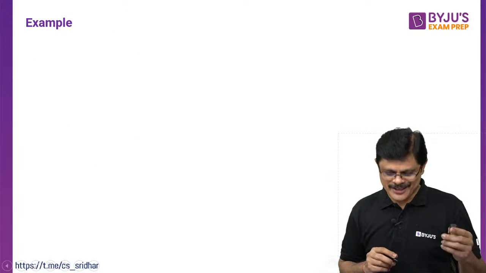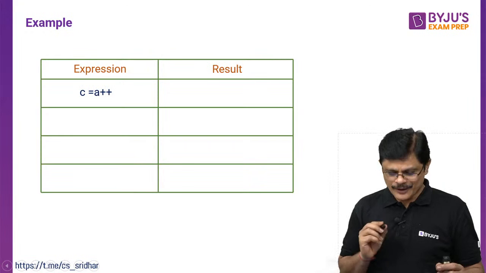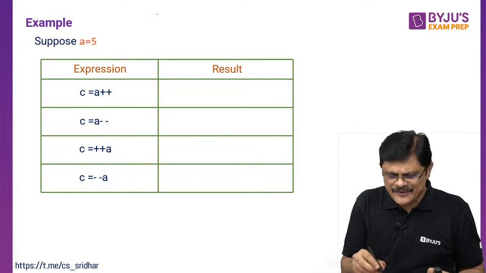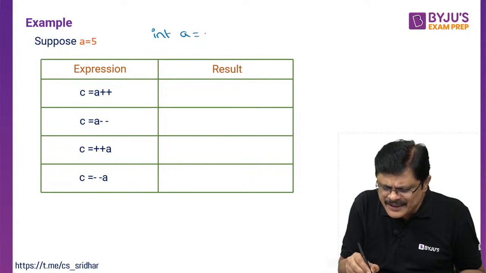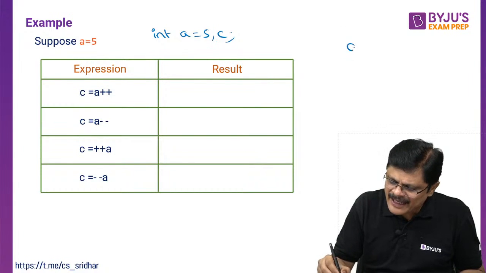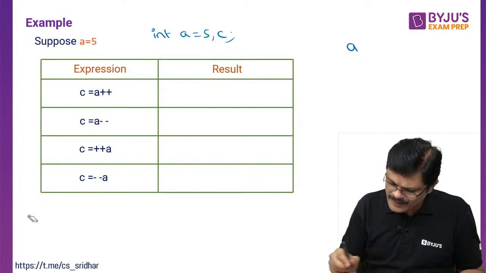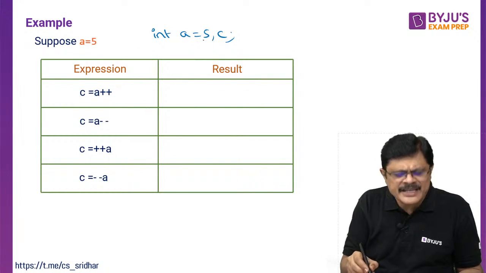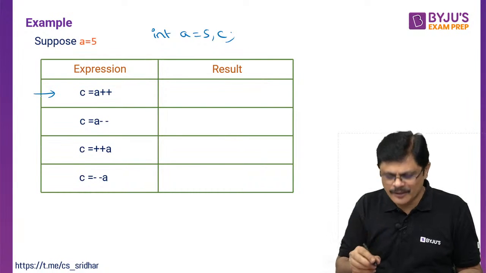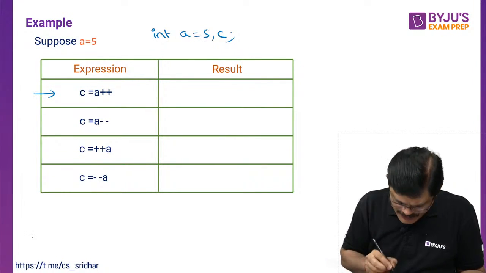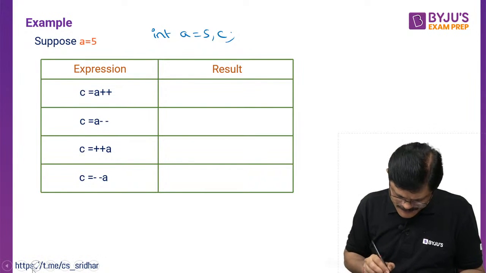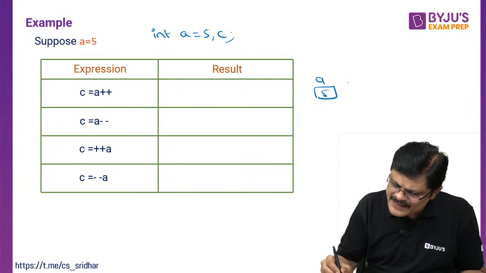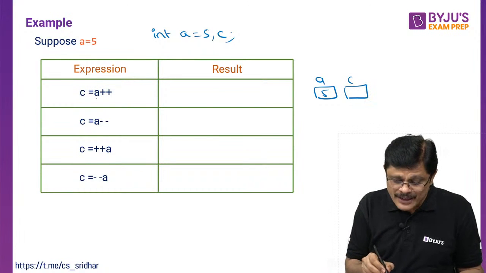Now let us take one more interesting problem. Now look here. Suppose A is 5, sir. Like here I am taking int A is equal to 5 and C. See, we can do all these expressions together or keep same values for each example. We do that. Same values for each example. So here, let me clear this. If you see this, A is 5, sir. Originally A is 5, C not defined, so garbage value.